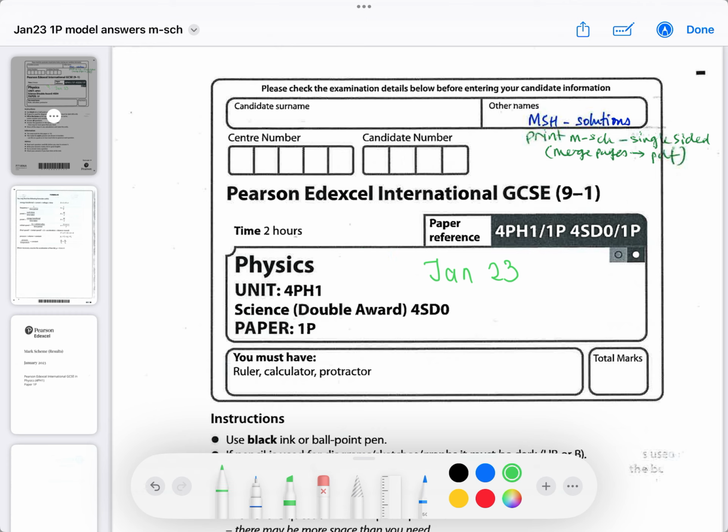It's the paper called 1P, so it's the same for double award. If you're doing the double award or if you're doing the full physics, this is paper 1 for full physics. Paper 2, physics students need to do, double award students do not need to do. There's also, as I explained before, a regional paper 1, which I can upload as well if I get enough people liking and sharing the video to make it worth the time